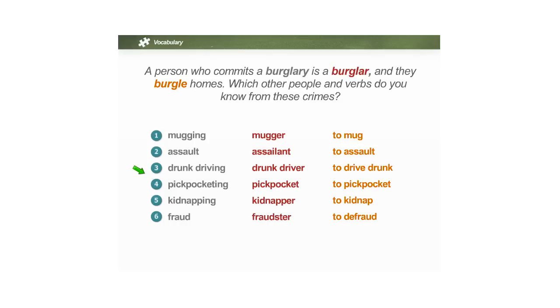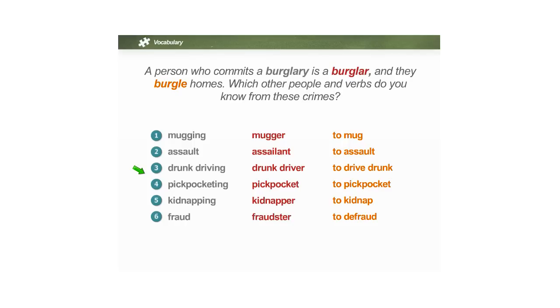Absolutely, absolutely. So a person who commits this crime is a mugger, and the verb is to mug. So well done, Saha, on that one. Alright, Carrie, would you like to do assault for us? What would you call a person who commits this crime, and what is the verb form of the word? Maybe we call the person who assaulter, and the verb form is